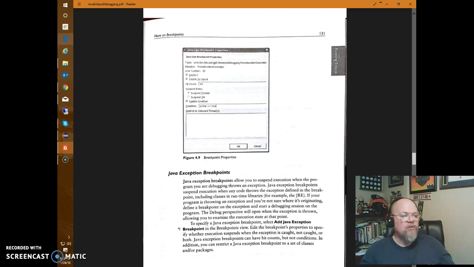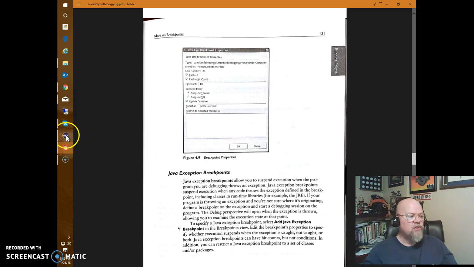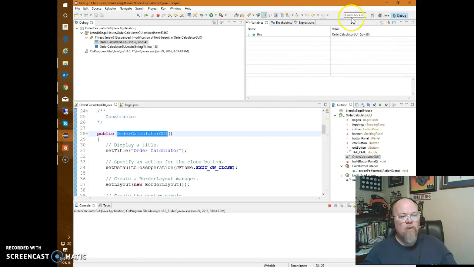Now, another one we can use is a thing called a Java exception breakpoint. So we've talked about exceptions. We have a null pointer exception, we have a subscript out of bounds exception. So we have all those different exceptions. So what we can do is come over here to our,